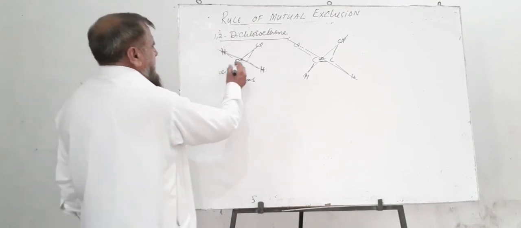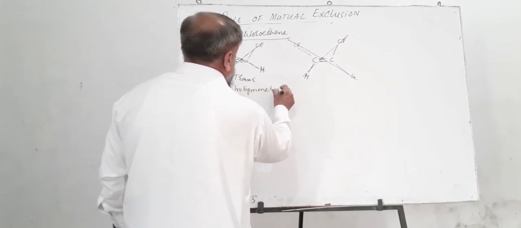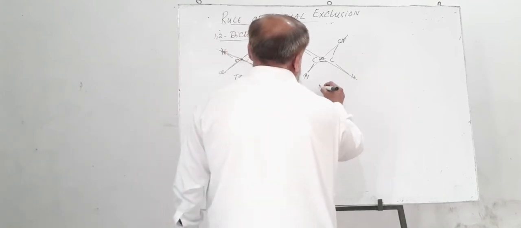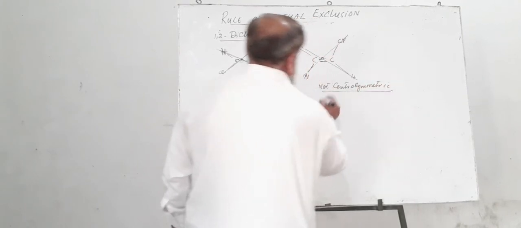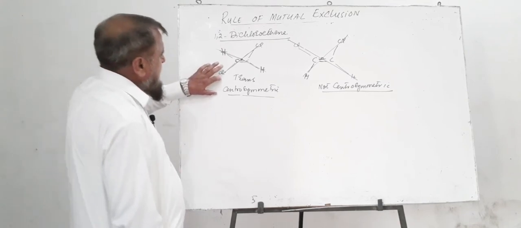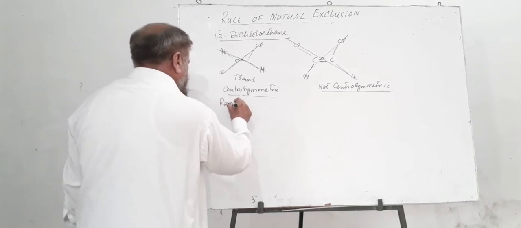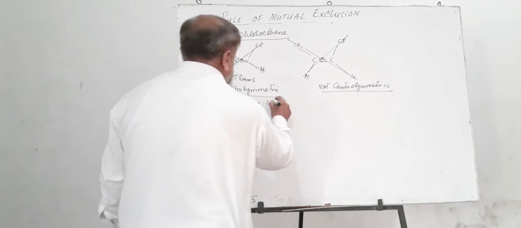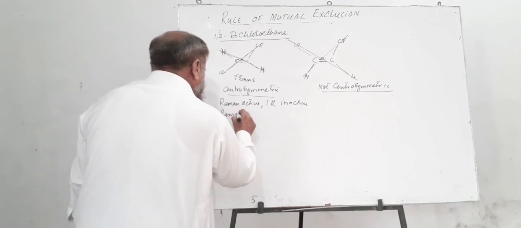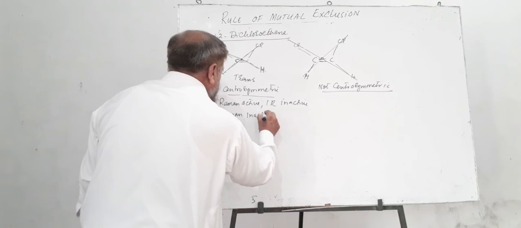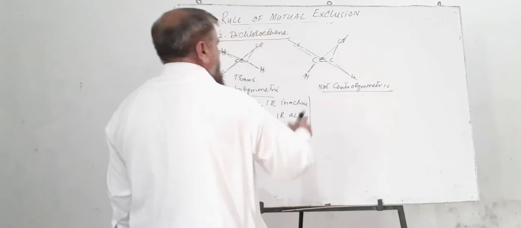Now, as the trans isomer is centrosymmetric and the cis isomer is not centrosymmetric, if we study the vibrations of this compound, then in case of the trans isomer, any vibration that is Raman active will be IR inactive, and any vibration that is Raman inactive will be IR active, while in case of